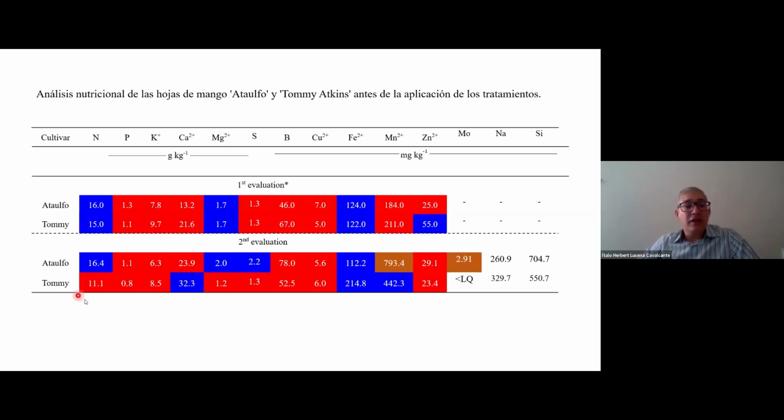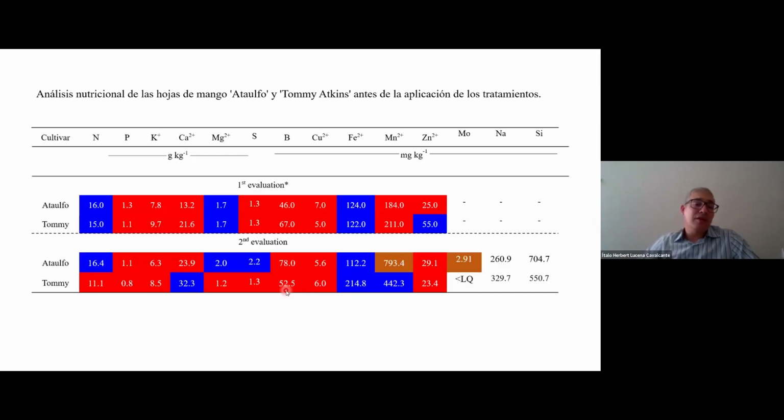If it's appearing in blue, then we're talking about levels that are within range. Anything in red is out of range. So we can see here for Tommy that we have a lot of out of range numbers. These are specific to Tommy. We're talking about production levels in excess of 34 tons per hectare. For Tommy, we had nitrogen low, sulfur low, potassium low, calcium was within range, magnesium was below range,